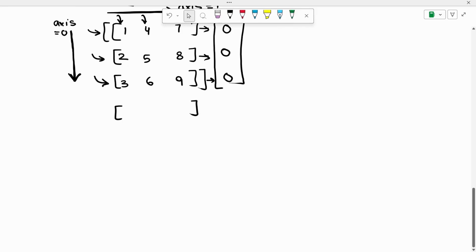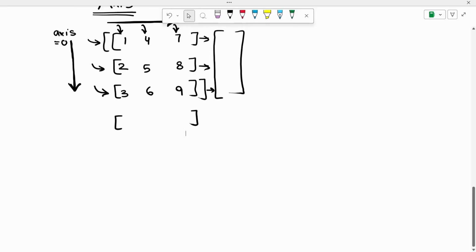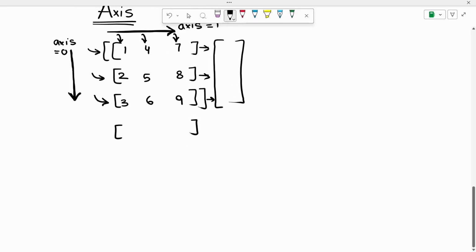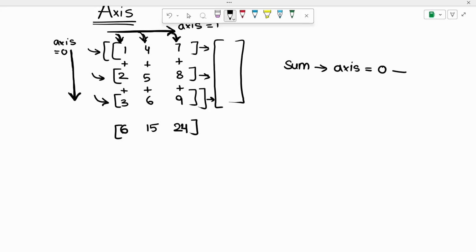If we apply the sum operation with axis is equal to 0, the answer we would get would be the sum operation being applied for every column over here. That means it would be 1 plus 2 plus 3, which would be 6, 4 plus 5 plus 6, which would be 15, and 7 plus 8 plus 9, which would be 24. So whenever you do sum with axis is equal to 0, you will get the answer as 6, 15, and